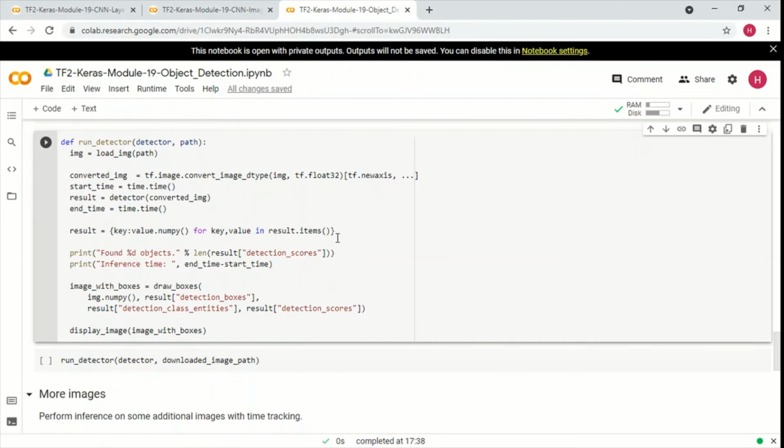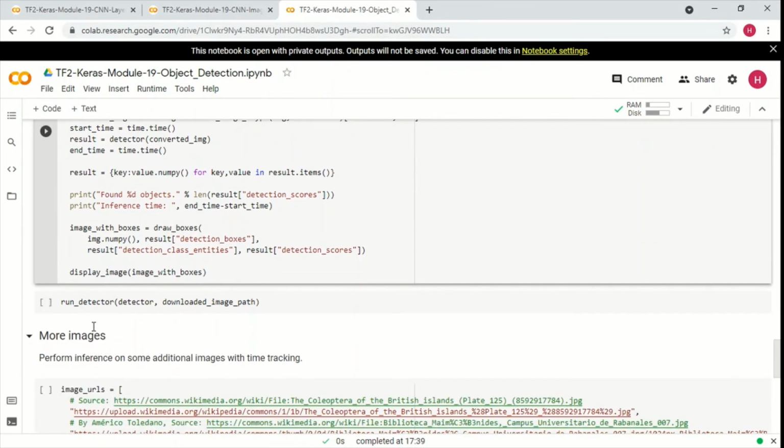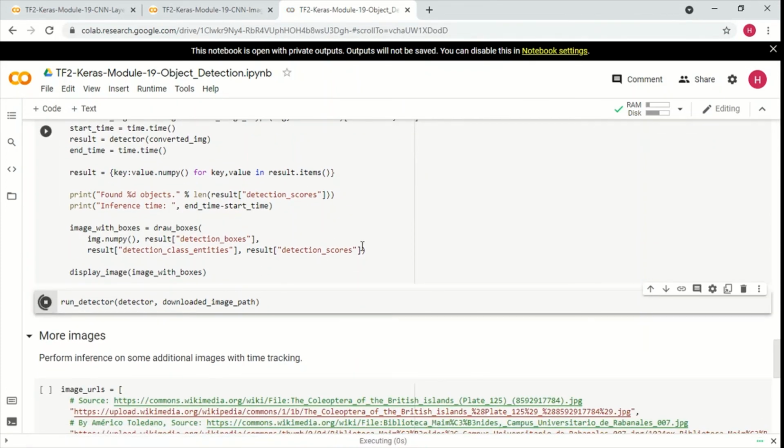Whatever objects we get in the result over here, we are going to extract the keys and values out of it, and then we will be calling the draw boxes function with this particular result. Okay, so let me just load this, and then we are going to run.